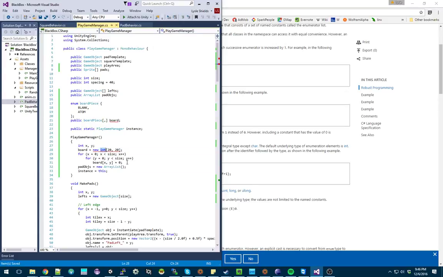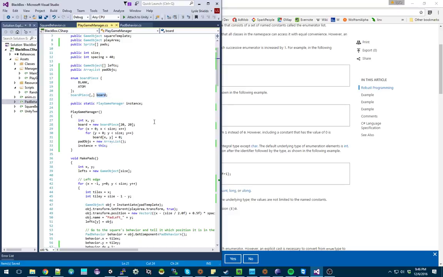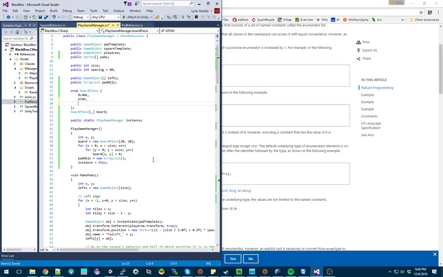Inconsistent? Less accessible? Okay, well, let's make you not public. Does that make you happy? I guess so. Alright. I don't really care. I don't need that array to be accessible. So we have a board now that can be blank or atom. And later on will be